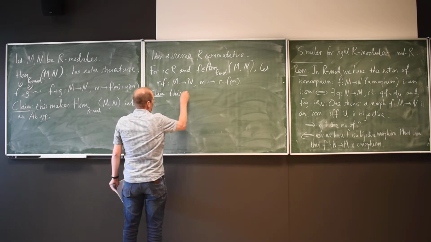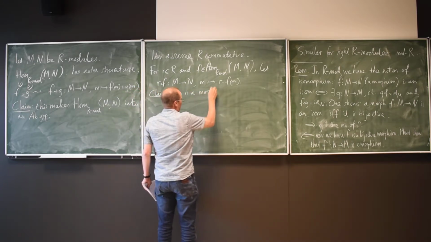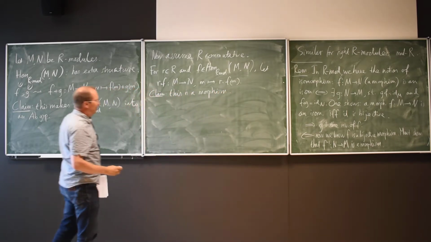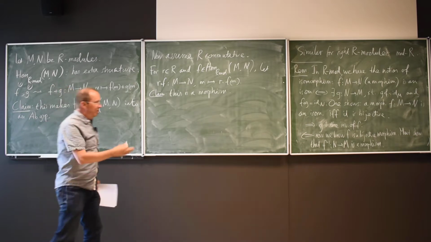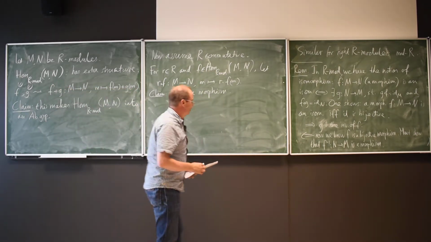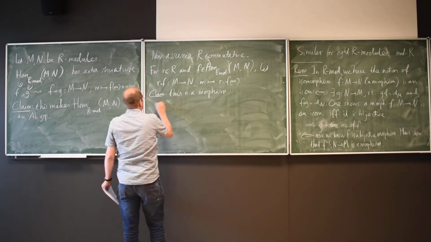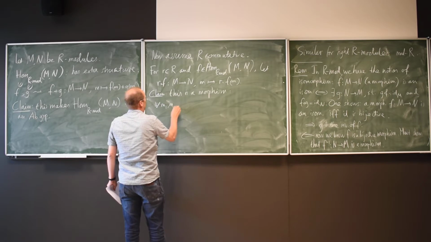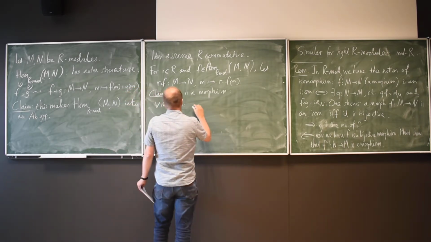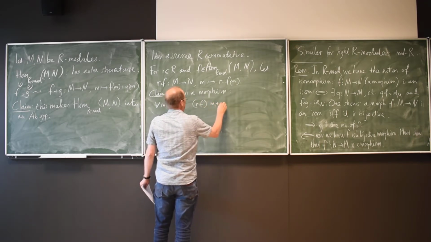This is a morphism of R modules. But now it is a bit interesting to look at why, because it shows somewhere we should use the commutativity of the ring. So for all M1, M2, and M, I have to check that R times F of M1 plus M2 is